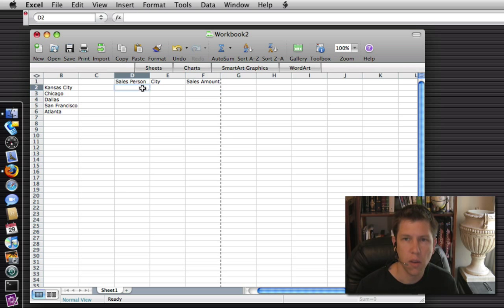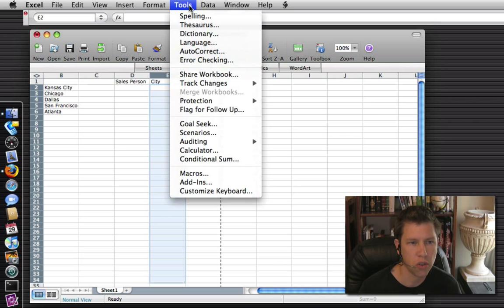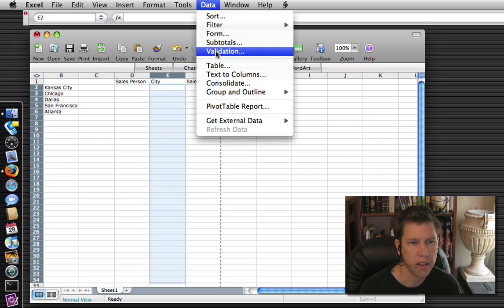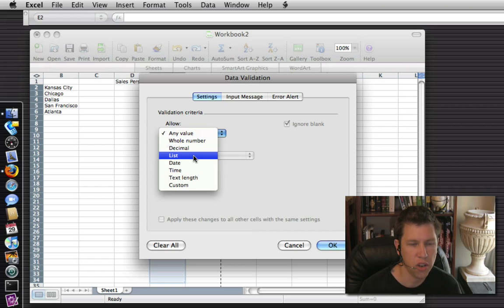And so let's say that we only sell things in these particular cities, and we need to make sure that they get typed in exactly the way we have them here. We don't want them typed in differently each time or abbreviated or anything like that. Well, what we can do is we can select everything here and tell it that we only want to allow the contents of these fields to match what's over here. So if I come up here to data validation,